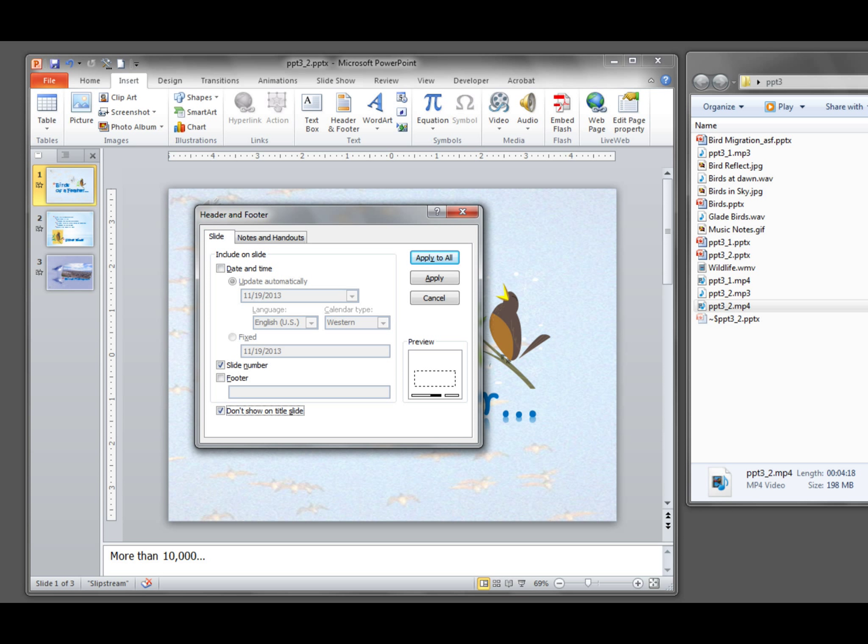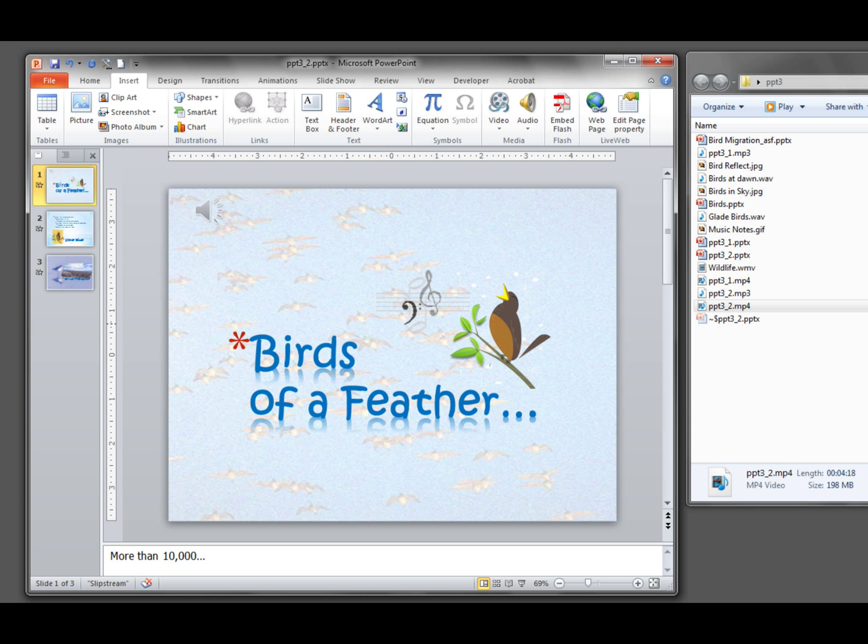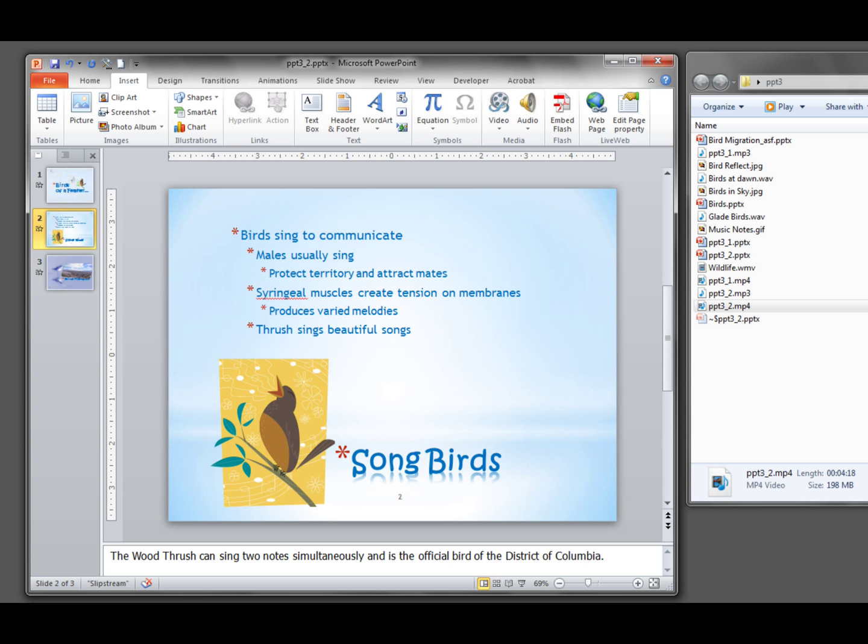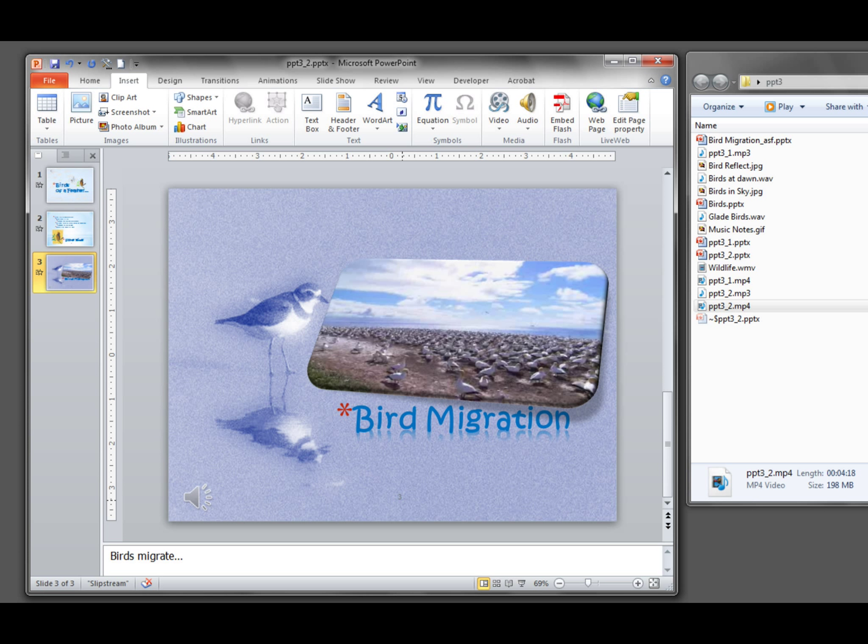So insert, and there's a little icon next to the word art icon for inserting slide numbers. You're going to insert slide numbers and skip the first slide, and here you see that they show up on slide